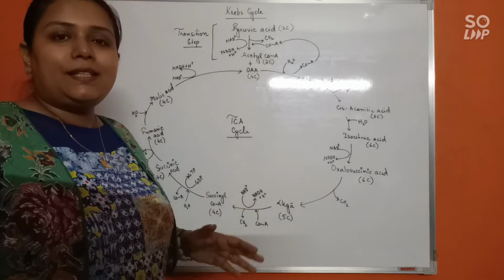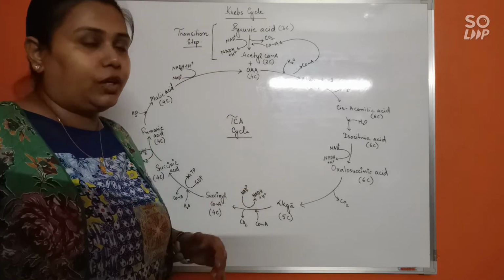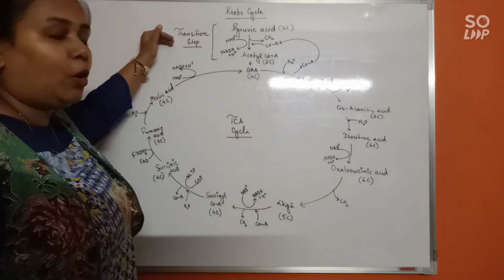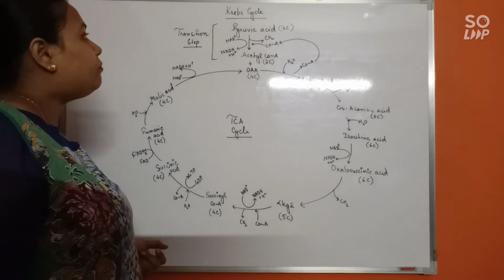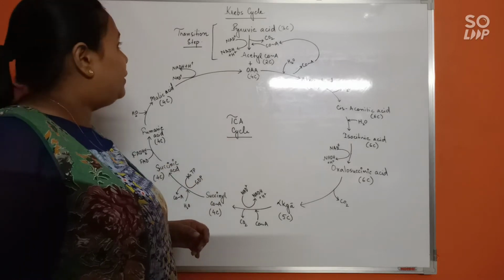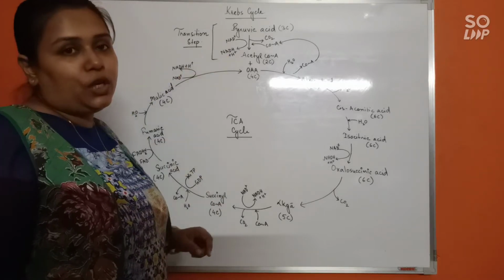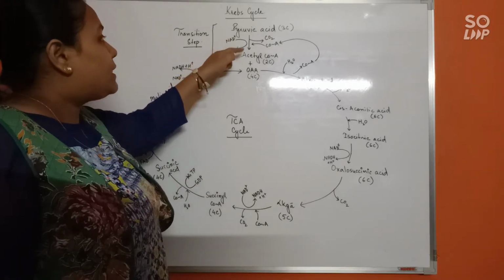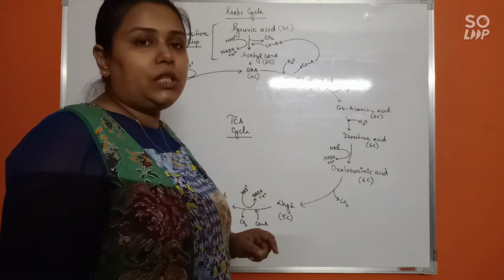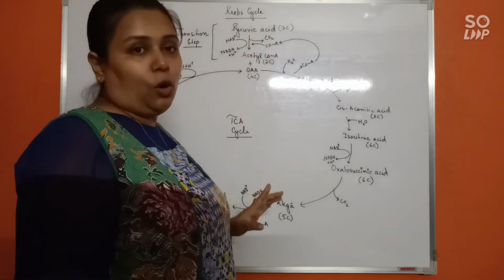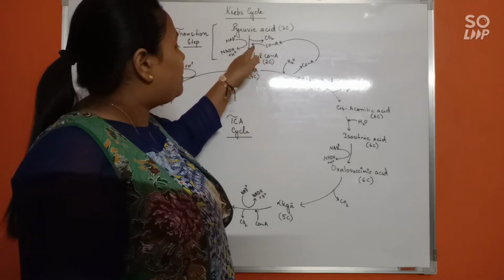the transition step. In this step, the glycolytic pyruvic acid can enter inside the mitochondria. So we call this step the transition step, or we can also call it the gateway step of the Krebs cycle. Here in this step, pyruvic acid that has been formed during glycolysis will undergo a dehydrogenation step in which NAD plus is converted to NADH plus H plus, and also it is a decarboxylation step in which carbon dioxide is lost. Finally, we can see that coenzyme A is added.